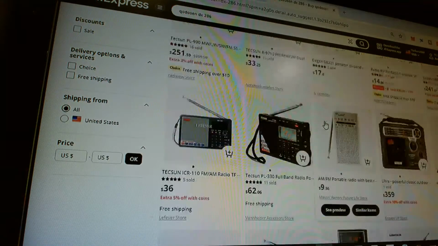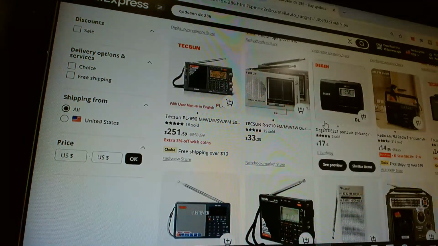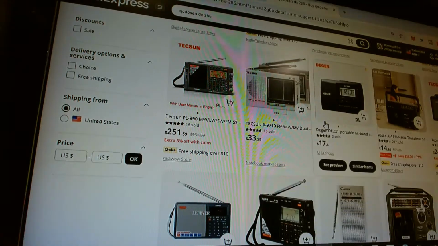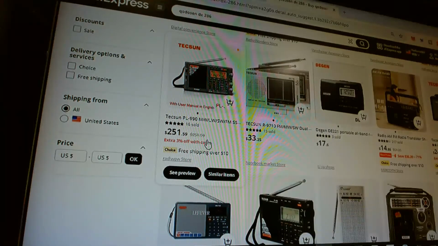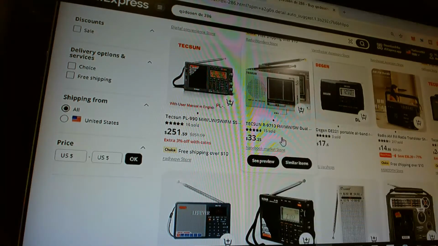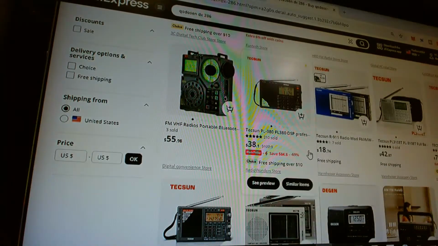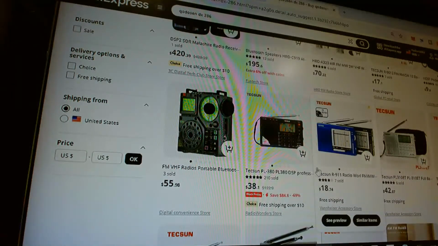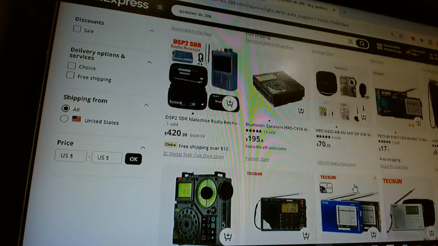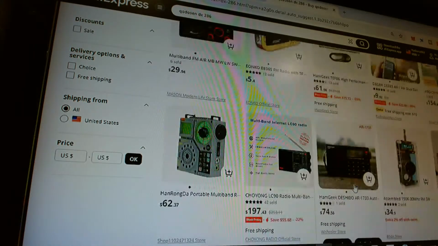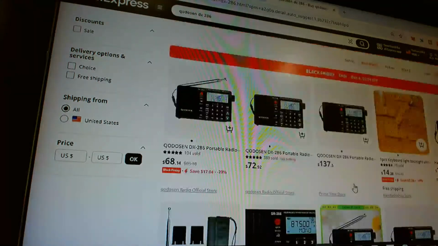Let's see. All these radios. Tecsun PL-990. Oh, but that's not much of a sale. Still $250. Yeah, some of them are not much of a sale. Let me go back up here and scroll down.